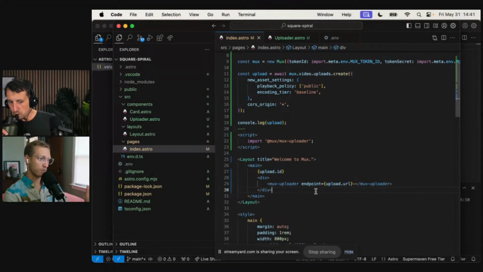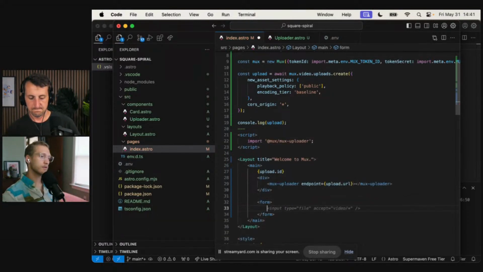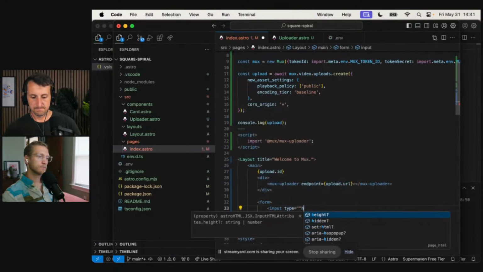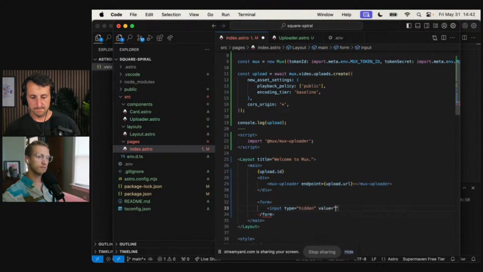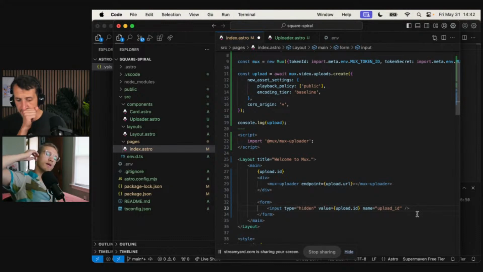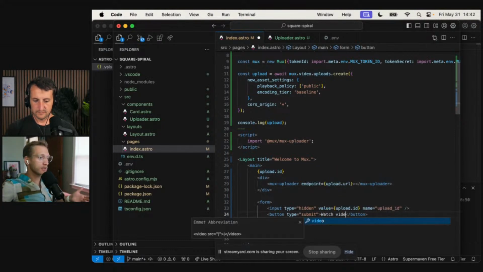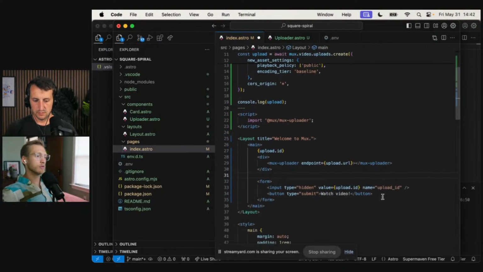Step one, we're going to create a form, right? The form is going to have a hidden input, which has the upload ID, and a button to submit it, right? Type hidden. Yeah, that's exactly what I was thinking. Good job, Copilot. Good job, except for this, I think. I don't know, maybe it would have worked without that too. Yeah, and then we need a button, which will be something like watch video, right? Because after the upload's done, people are going to want to watch the video, so they hit the button. And then that button's going to be disabled until the upload's complete.